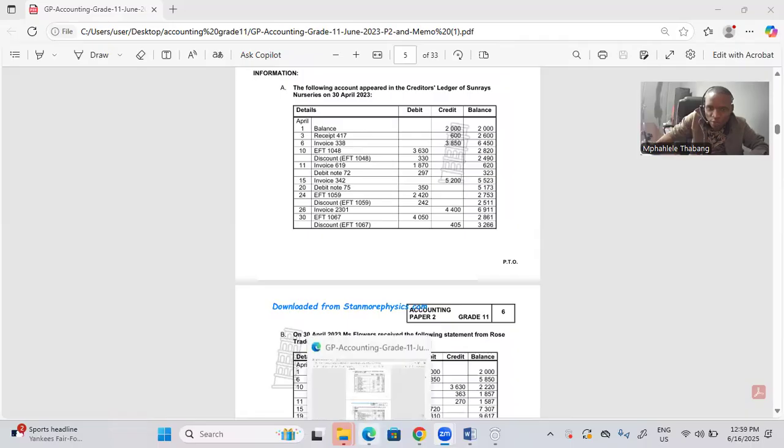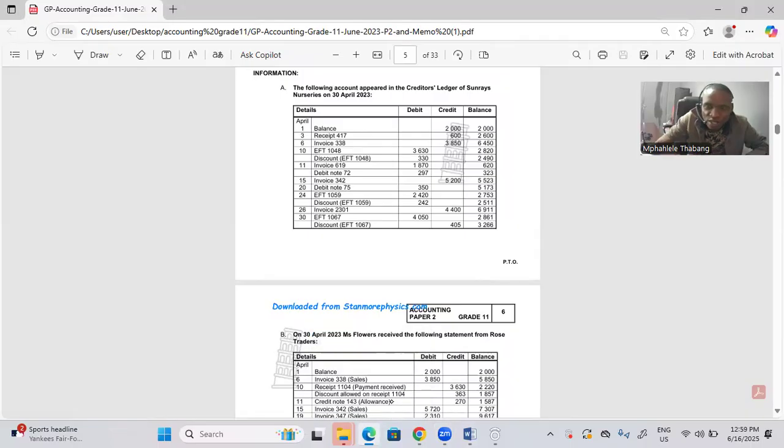So let me share the question paper. Yes, we have the question paper. This is the question of June 2023, paper 2, accounting. We will be dealing with creditors reconciliation statement,